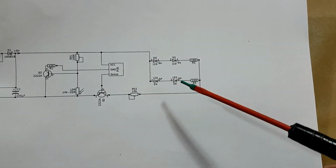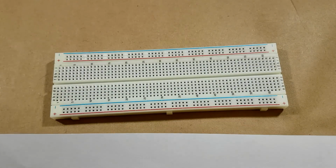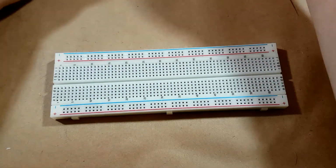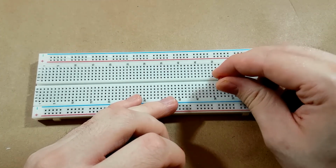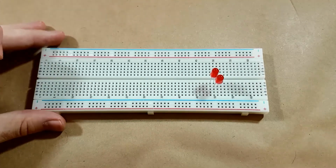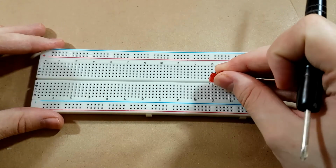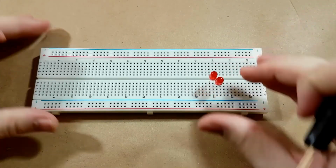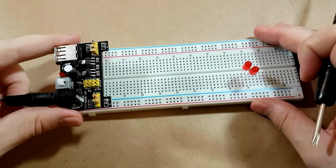So yeah, let's start putting this together, and I'll hopefully show you some of the issues I was having, demonstrate them to you. So the first thing I did was I set up two LEDs. And these LEDs are set up so that the large pin is on the right and the short pin is on the left. Now to power the circuit, I'm going to be using one of these little breadboard power supplies